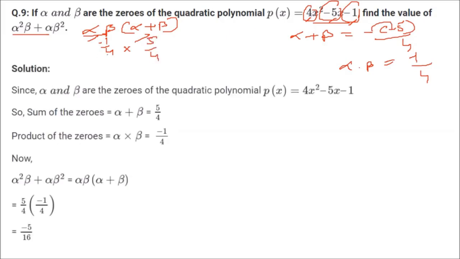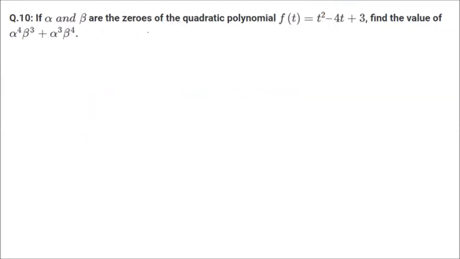So you get minus, this 5 into 5, 5 into 1 is minus 5, minus 1, 4 4s are 16. So this is how you can find it out. This is for your look how we came to the conclusion. If alpha and beta are the roots or zeros of quadratic polynomial, this one, find the values of this one. So now it has become quite easy for you.